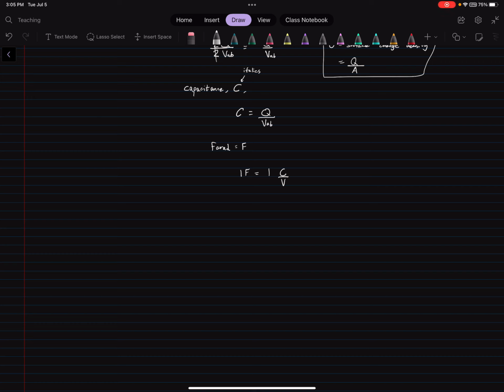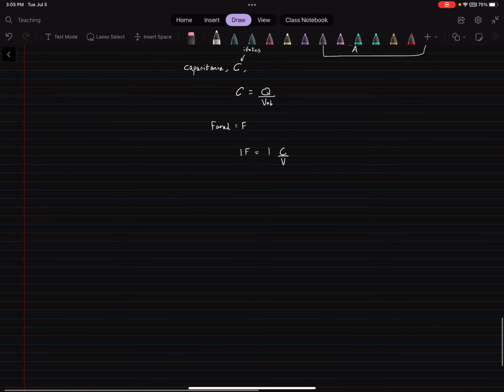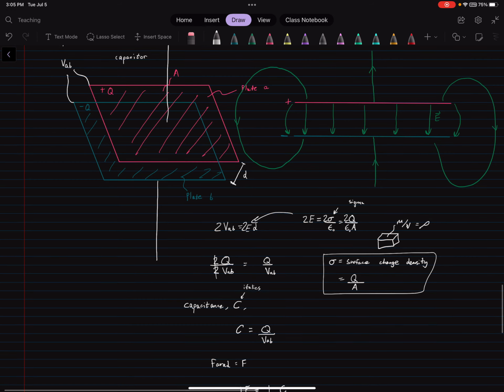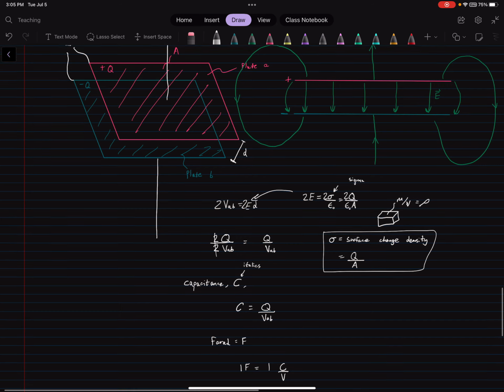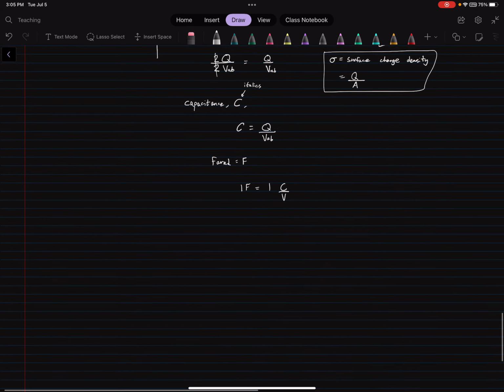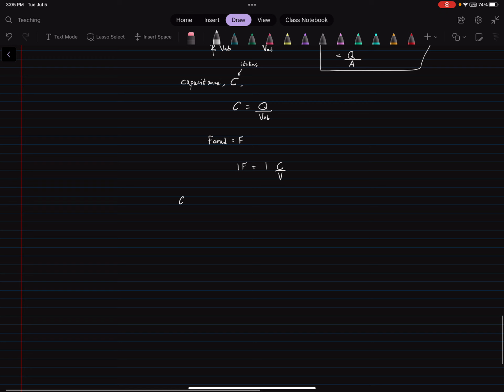So the capacitance of our parallel plate capacitor, specifically if we're talking about in a vacuum, right? Vacuum is something of an insulator because it's not a conductor. So if there's not even air between these two plates, there's just a vacuum, then the capacitance of our parallel plate capacitor,